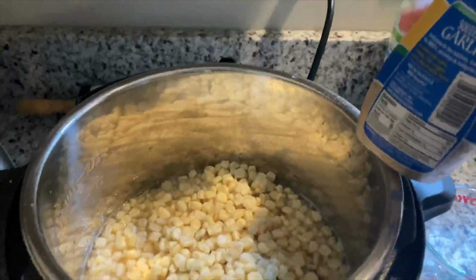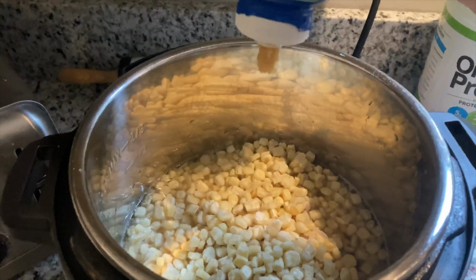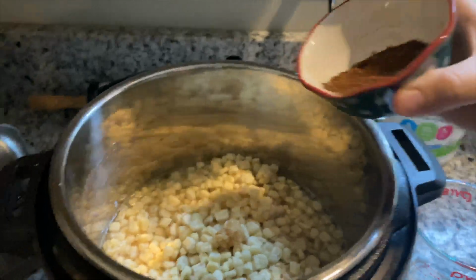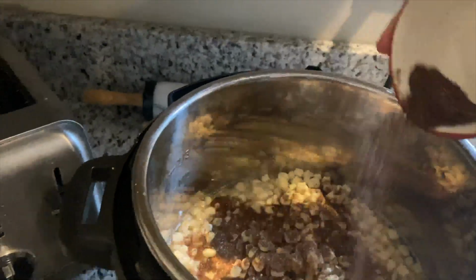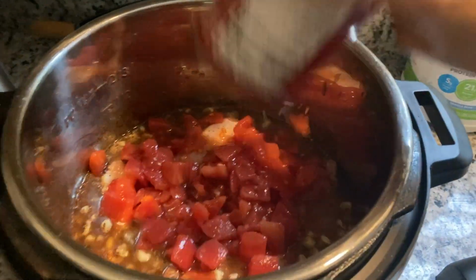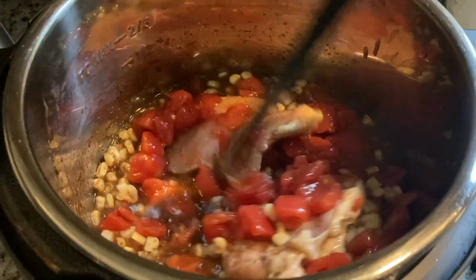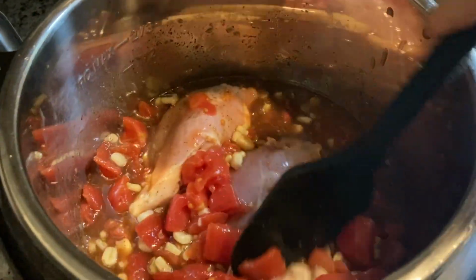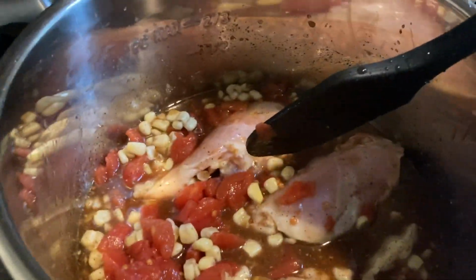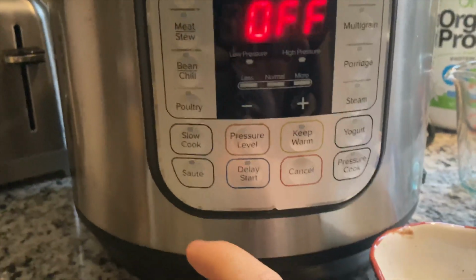So then, of course, you have to add in some squeezed garlic. I'm sorry if that kind of grosses you out. And then taco seasoning, which I didn't have, so I just mixed up some chili powder and cumin and whatever else. And then the recipe also calls for a can of green chilies, but I knew that would be too spicy for my kids, so I substituted that with a can of diced tomatoes that I just drained some of the juice from. So put the lid on your slow cooker, and I slow cooked this for about 7